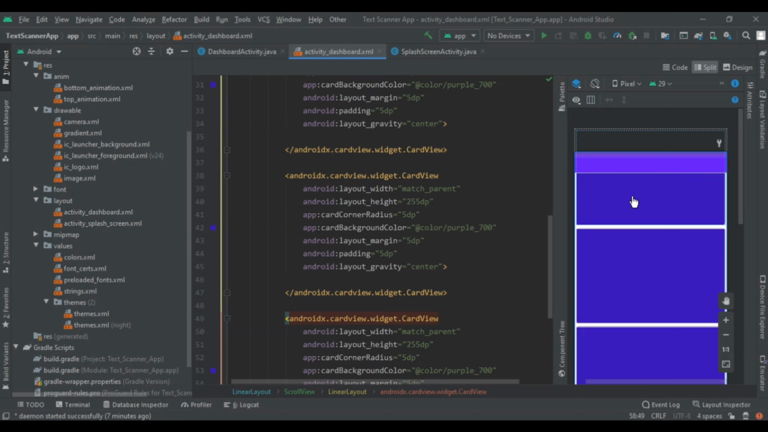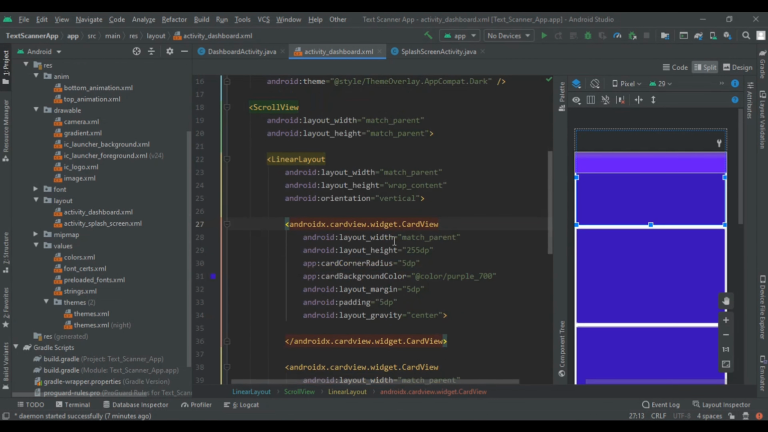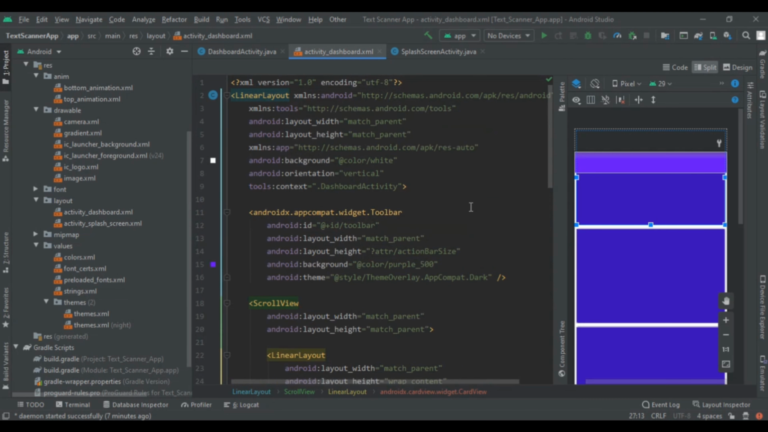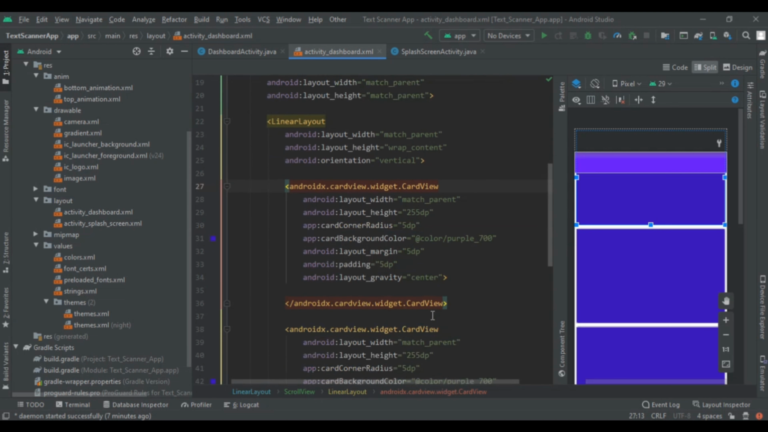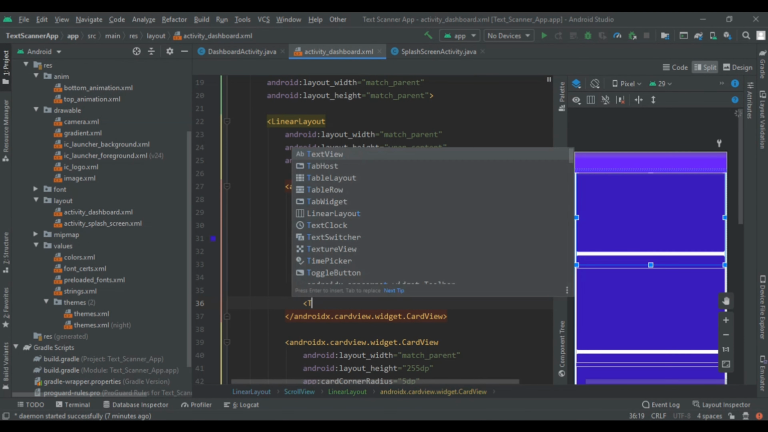Now in the first card view we are going to write our promotional content, meaning a text view, or we can use an advertisement once our application is approved by ad networks. So currently we are adding the promotional content. So write a text view. So text view,